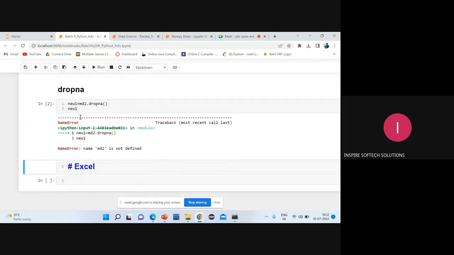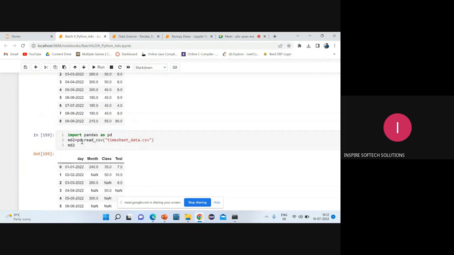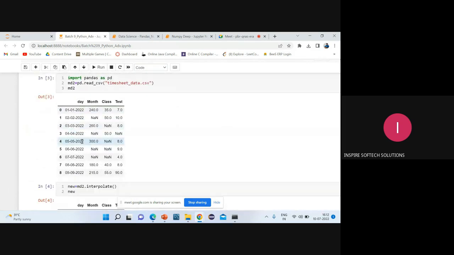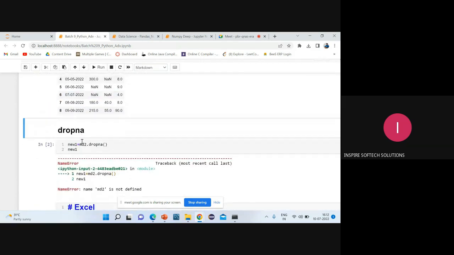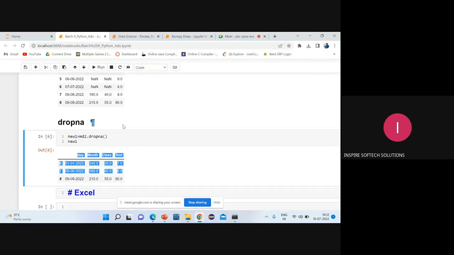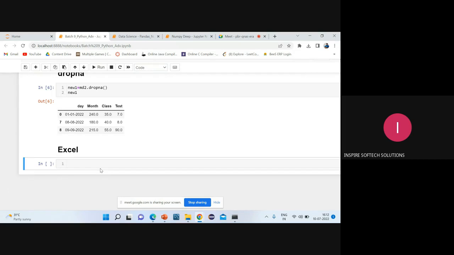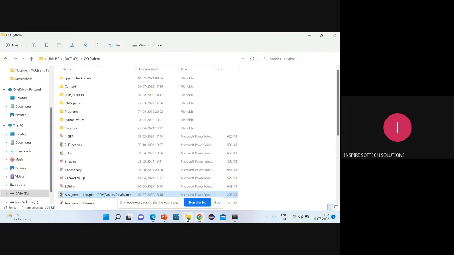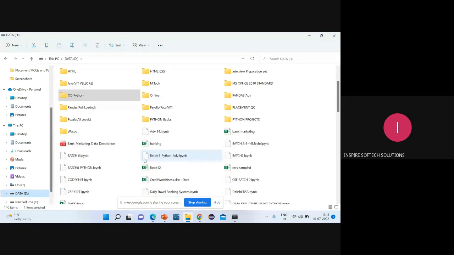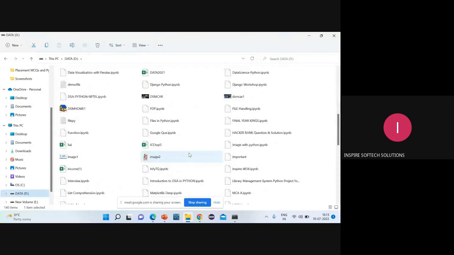Okay, so MD2 is not defined because you have to start from here. So leave that part. I think it will work. And now it is working. See here, we got the output. We just have to restart, because yesterday I opened this file and today I'm opening it again. I have to tell my interpreter that I've started to use this variable. Now, suppose you take, I'll take that local file. Here we have an Excel sheet called weather underscore report.